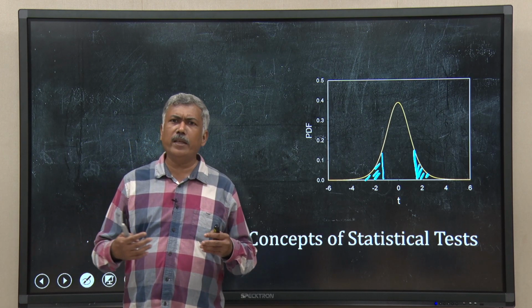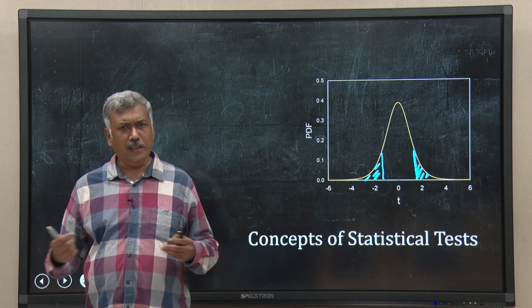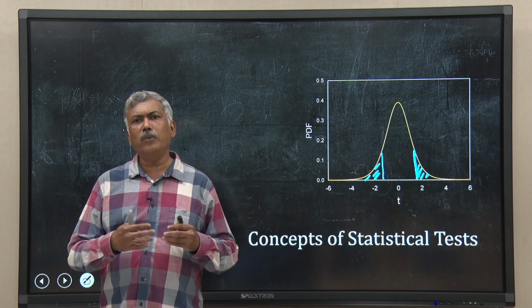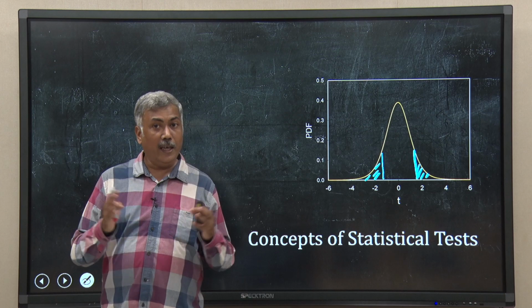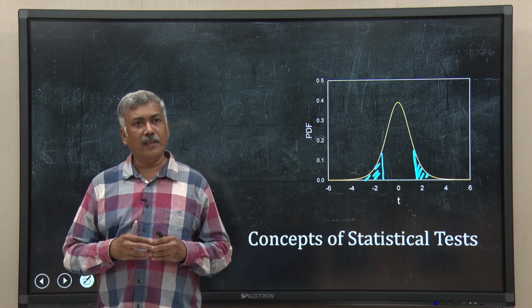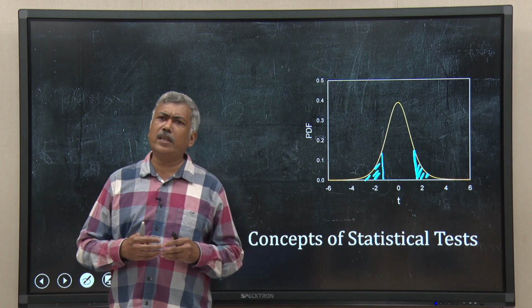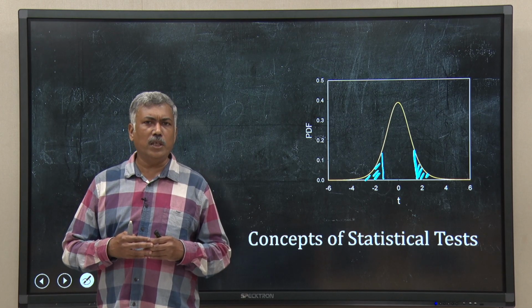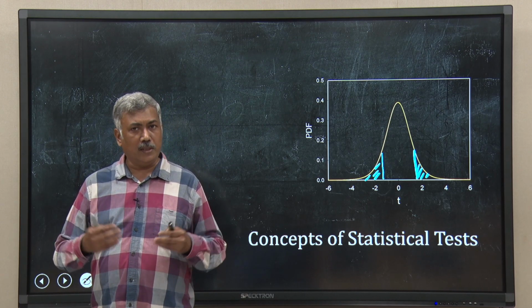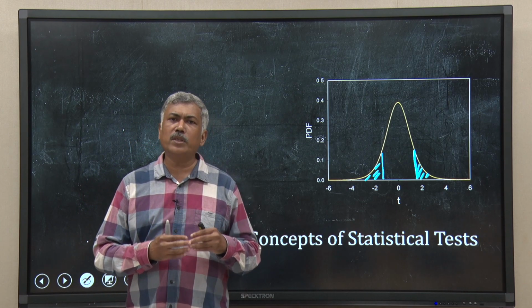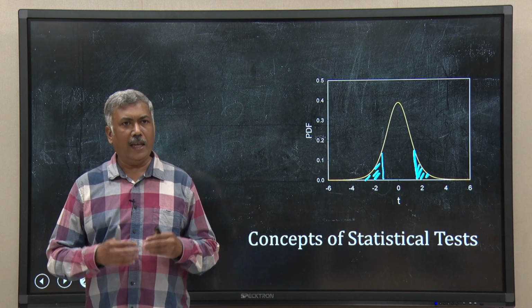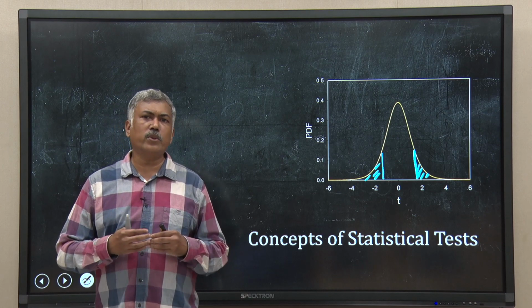Or suppose you have created a large data set from a population, and then you want to segregate the outliers and remove them from your analysis. Again, you have statistical tools for that. And one of the commonest statistics that most experimental biologists use is the test of hypothesis, test of significance. So, statistics is something which is integral in biology, and I will always advise every student of biology to